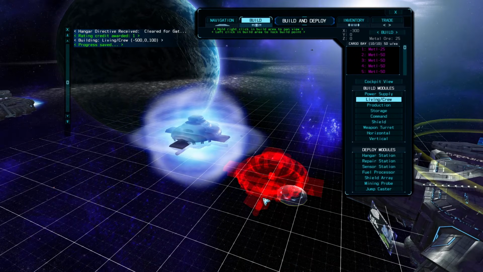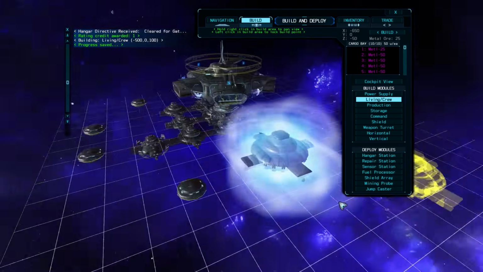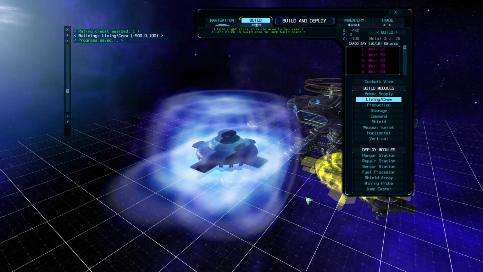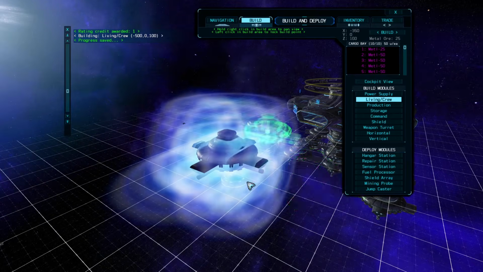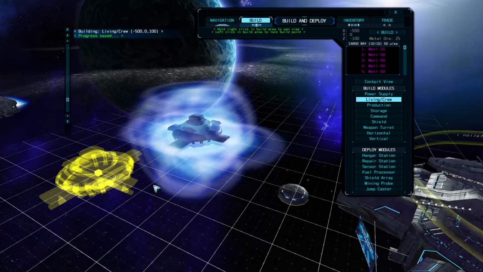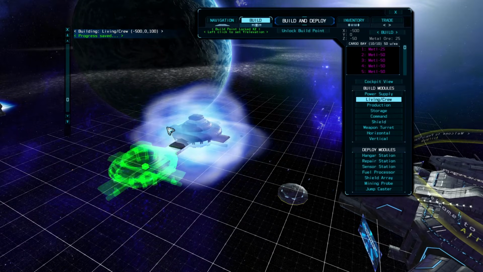You can see as I move this build point around how it will be yellow when disconnected from the module I just built and green when at a connected point. To connect another module to the previous one, I simply place the indicator at the green indicated point, then left-click to set the X and Z position, then adjust to align on Y, and left-click again to fully lock in